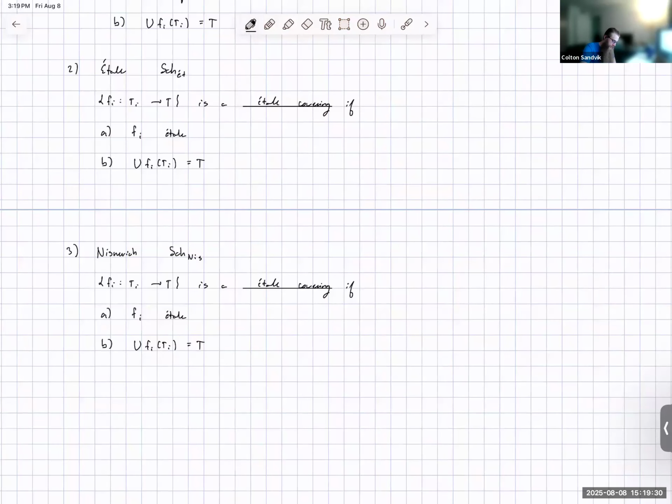Well, let me modify it a little bit here. So what is a Nisnevich covering? Well, it's defined to be also an étale covering. So these φ_i is an étale covering. But it's slightly stronger in